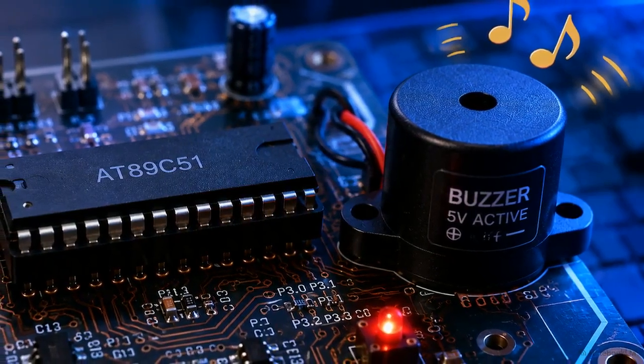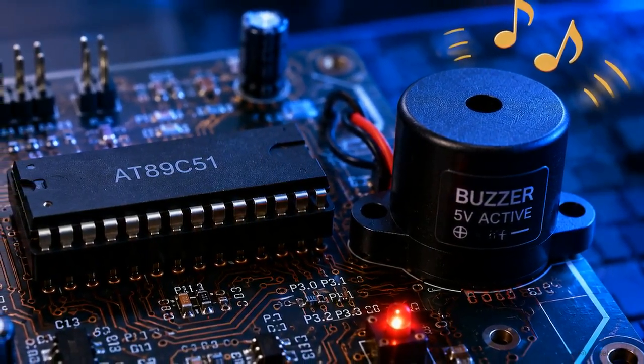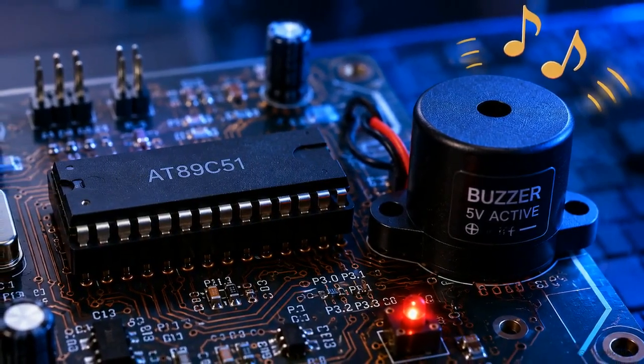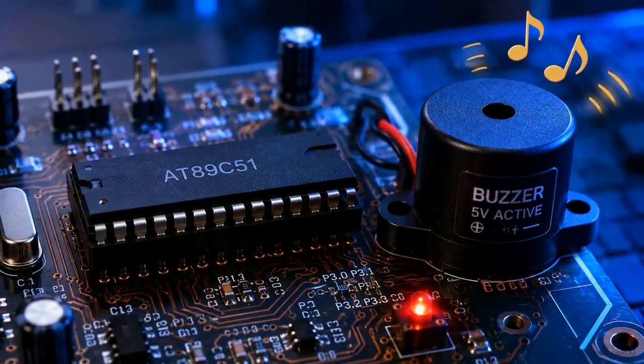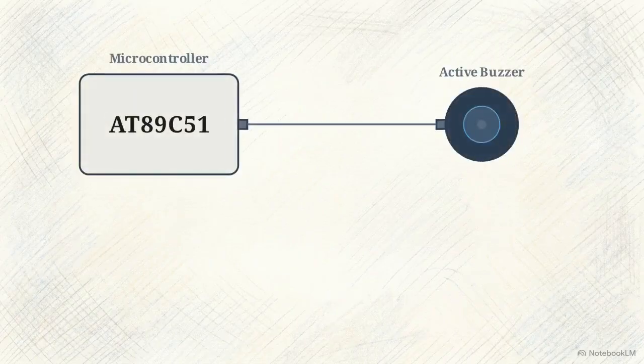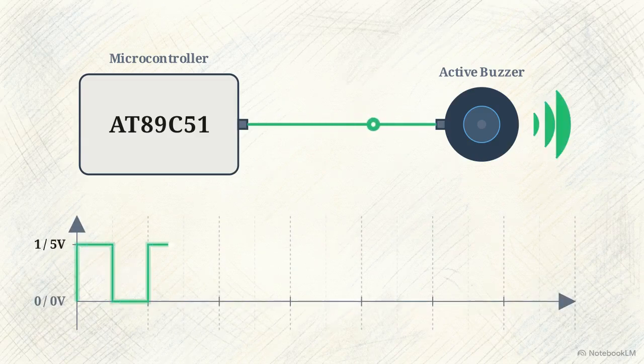Before writing code, let's look at our final hardware setup. We are interfacing a 5-volt active buzzer directly with an AT89C51 microcontroller. Our goal is to create an automated notification system. By the end of this build, the microcontroller will trigger an audible beep, turning the buzzer on and off in